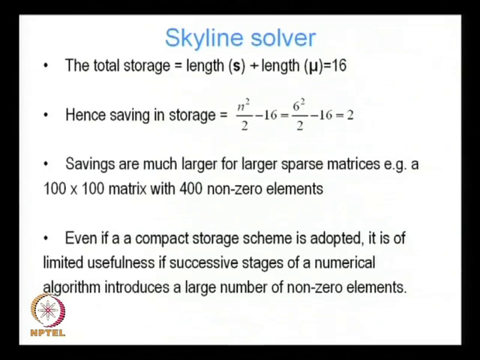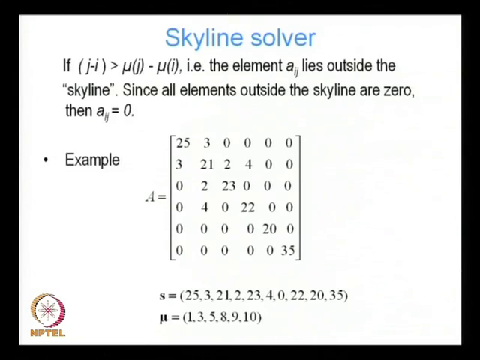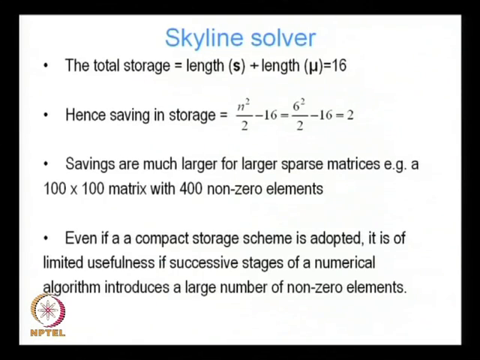If we actually stored the full upper triangular matrix, we would have to store n square by 2 terms. So, we have saved n square by 2 minus 16, which in this case is 36 by 2, that is 18, minus 16, which is equal to 2. The saving is comparatively less for this small matrix,